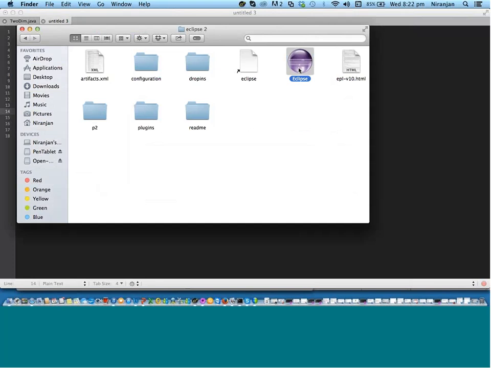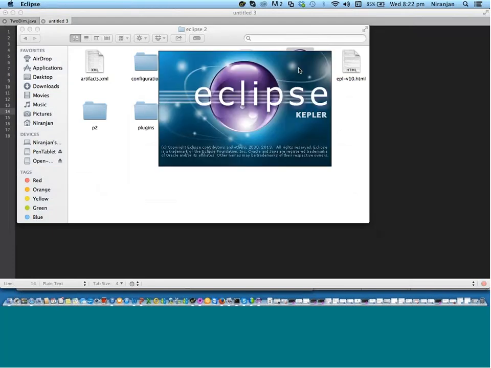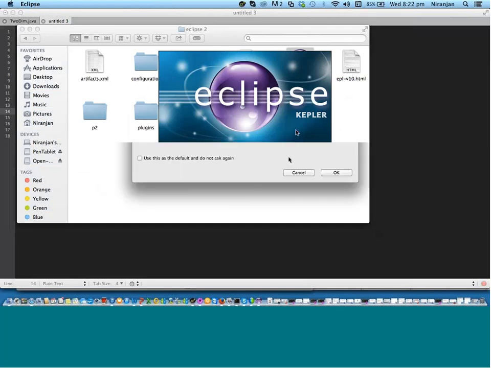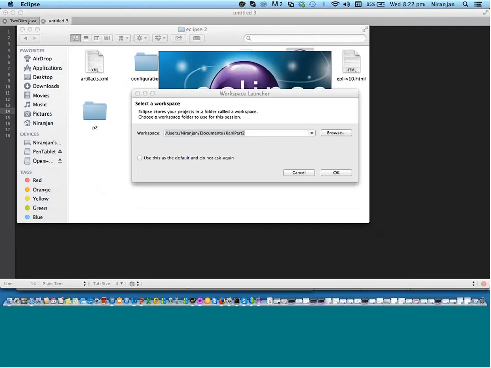Right, now I'll launch. Now the minute we launch Eclipse, what does it say? It says it is loading Workbench. Okay, right. Now if you see here, this is the place where you can specify your working directory in Eclipse. Okay,